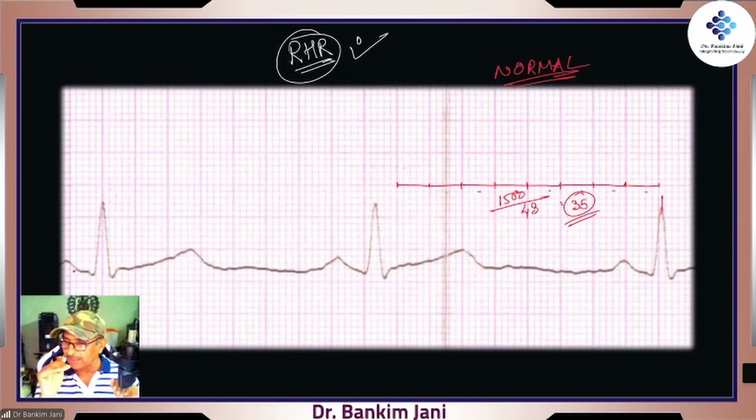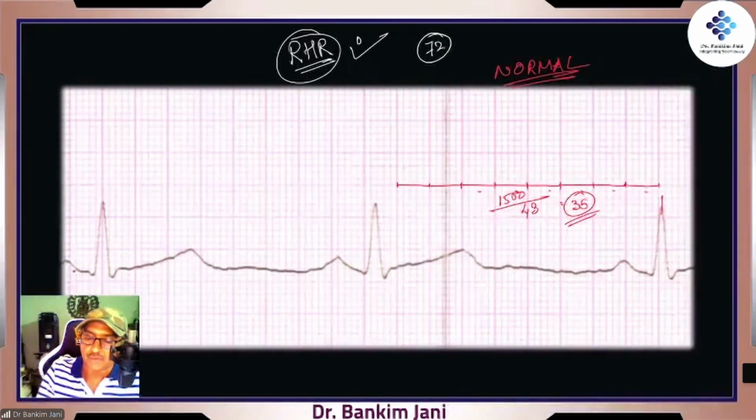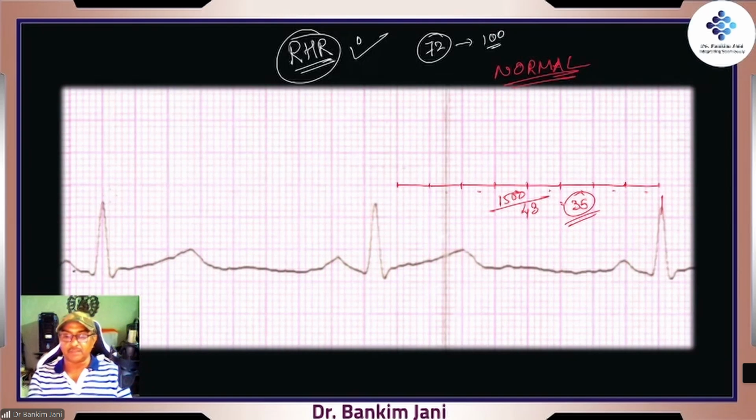So at what level is it beating? That is the resting state. From that point, how much higher can it really go? If someone's resting heart rate is 72, and it touches 100, that is an increase of almost 30%. But if someone's resting heart rate is 60, then a 30% increase is what? He'll be just 78, 80. And just by 80,